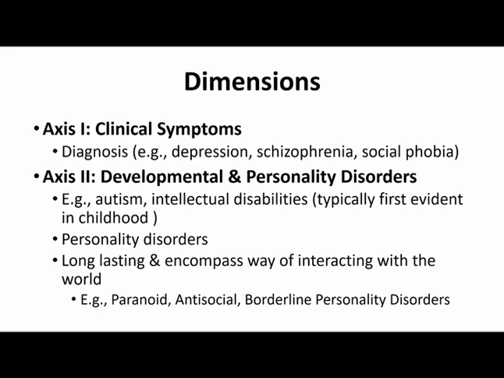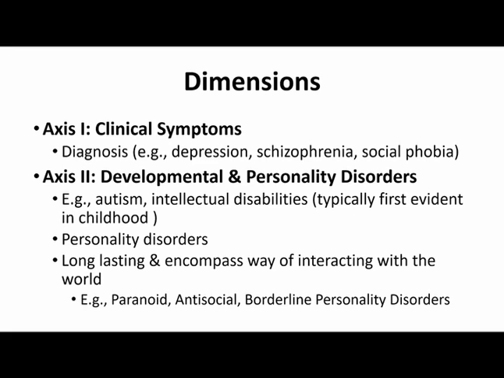Do you have depression or schizophrenia or social phobia or whatever? That's usually the big thing people are looking for. But the DSM-4 went on to Axis 2, where they talked about things like developmental and personality disorders. The idea here is that having a developmental or personality disorder can modulate the symptoms of your actual diagnosis. So these can confound things just a little bit. This is where they'd note things like autism or an intellectual disability, things that are usually seen earlier on in childhood and then carry on throughout the rest of your life. This is where you'd also get personality disorders. We'll come back to personality disorders in just a couple of slides.